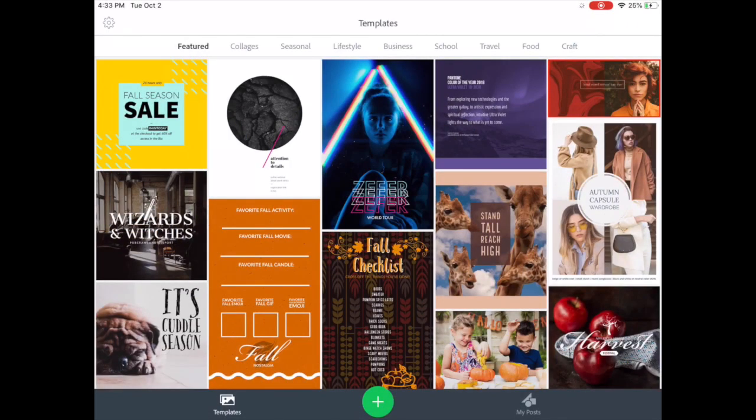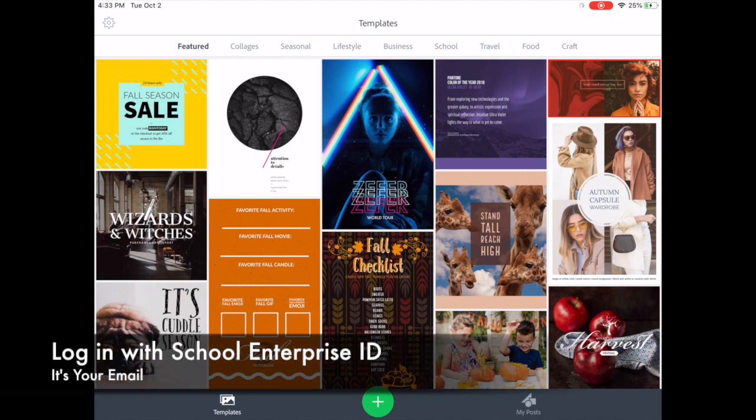I'm very excited to share with you guys today the app called Adobe Spark Post. Now, this is a graphic design tool that will allow you to create really engaging visuals. And it's very easy to use and even makes lots of good suggestions as far as color combinations and things like that goes. So to get started, you are going to log into the app with your school enterprise ID,